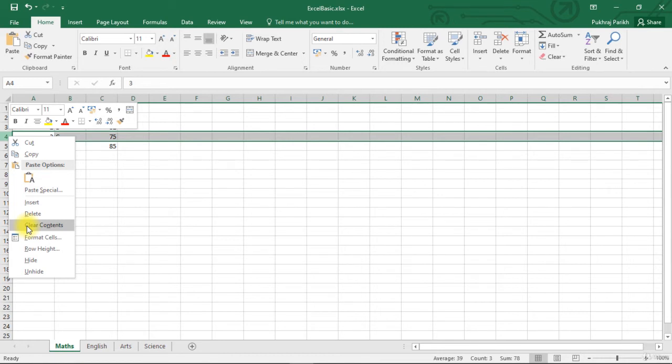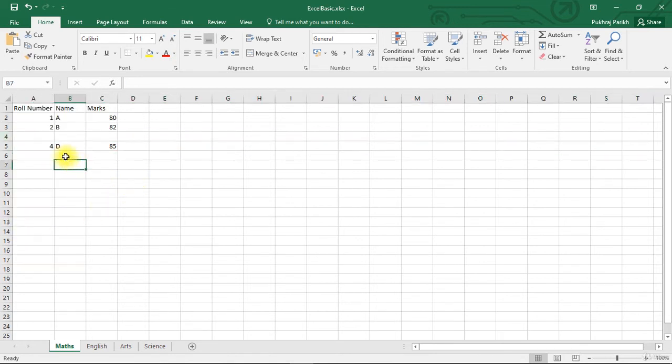There is a slight difference between clearing content from a row or deleting the entire row. When we delete the entire row, that row is removed from the worksheet and the row below takes its position. But when we clear the contents, the row stays in the worksheet, only the data in that row is cleared. So let's first clear the contents of this row and see what happens. You can see that whatever was there in that row is just cleared. It is just removed, but the row stays.